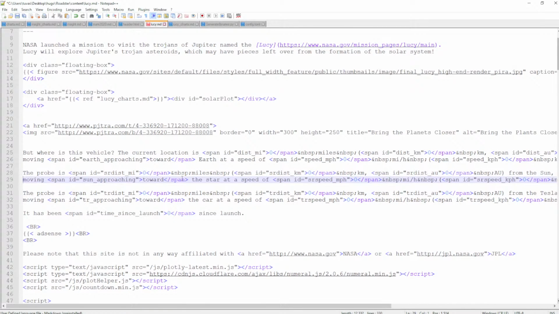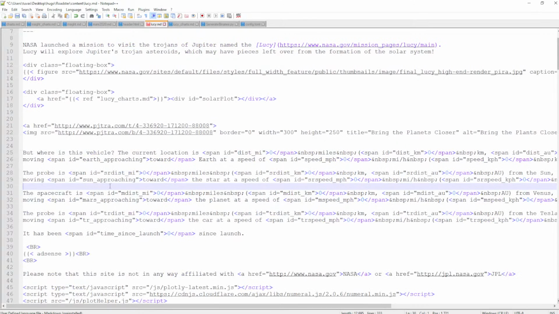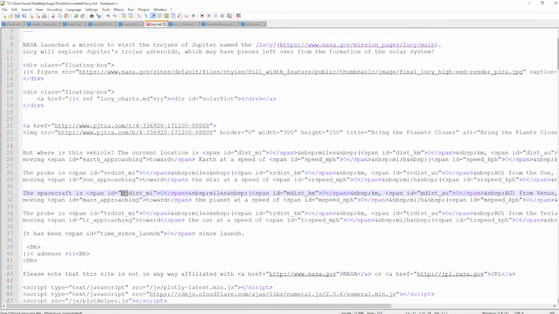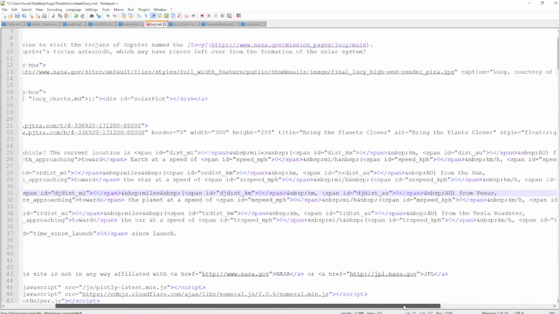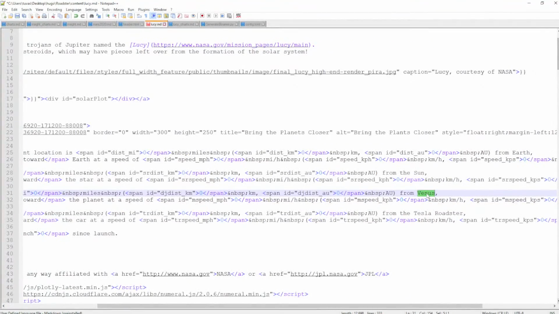We've got the Sun. So, okay, the spacecraft is... So what we need to do here is change all of these to DJ. I wish I had a better way to do this. I really do. Problem is I don't do this from